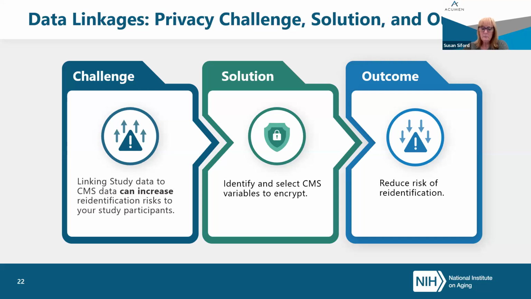For example, all claims data provide the Medicare beneficiary identifier for all beneficiaries included in the data set. To overcome this, the linkage team creates a random beneficiary ID that is then crosswalked back to your participant identifier so that those 2 data sets can be merged without revealing any of the